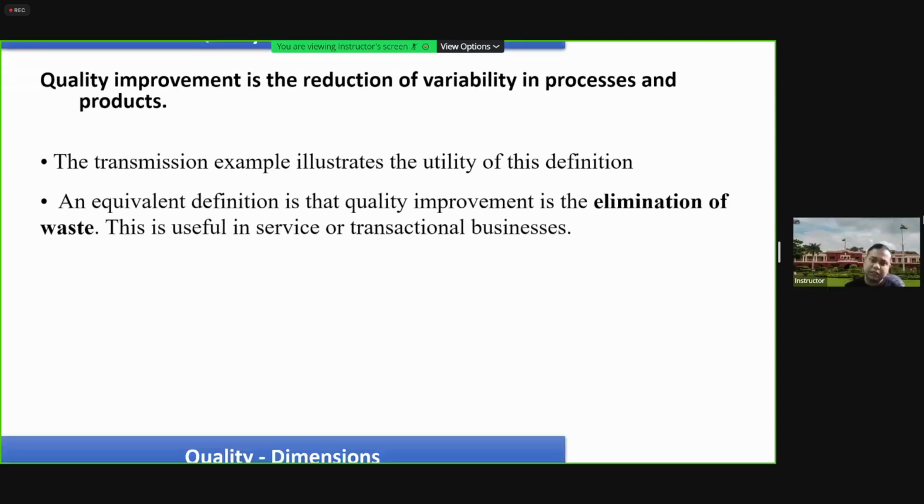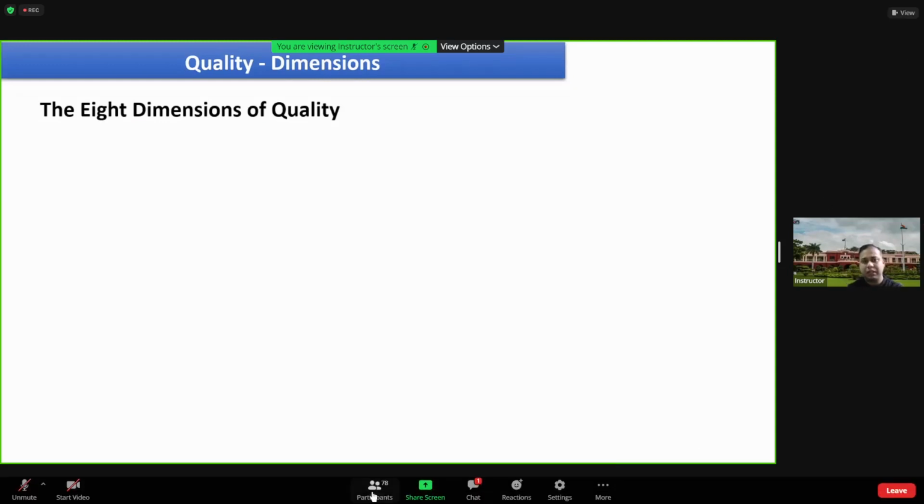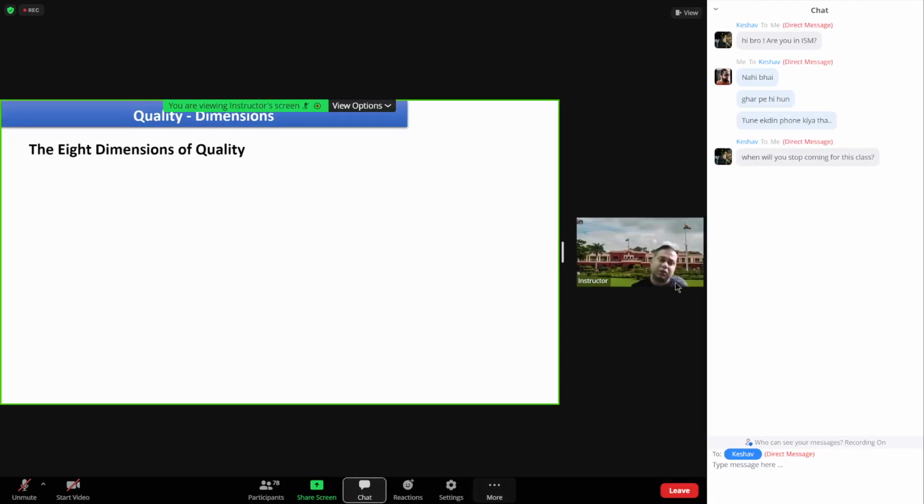there are certain dimensions of quality through which we judge or measure the quality. A few obvious dimensions are how well the product is performing, how many features are there, and whether the right features that were desired are there or not. So there are broadly 8 dimensions of quality through which we can measure or judge the quality.